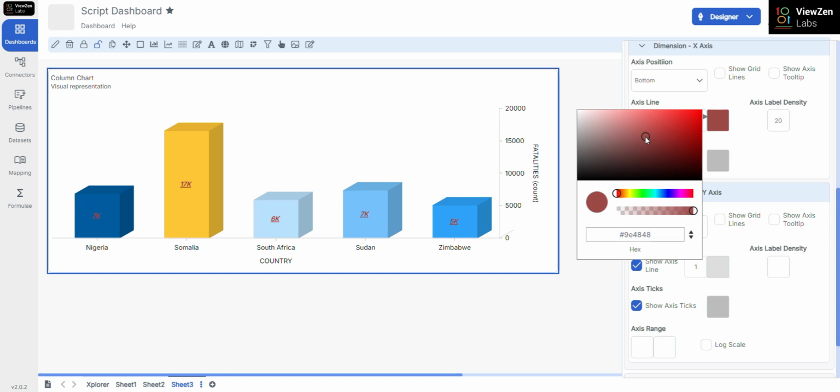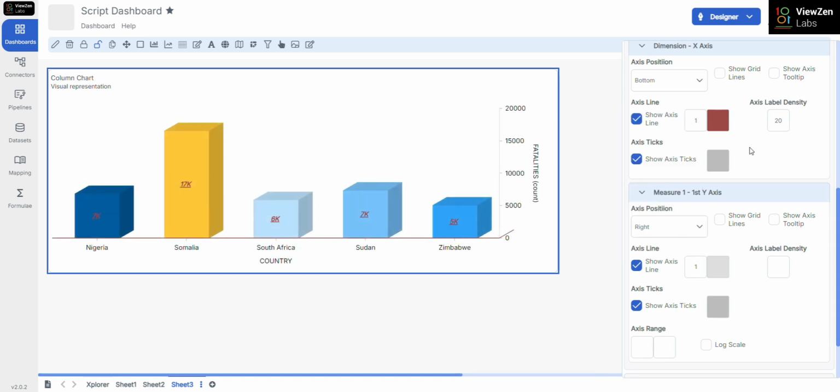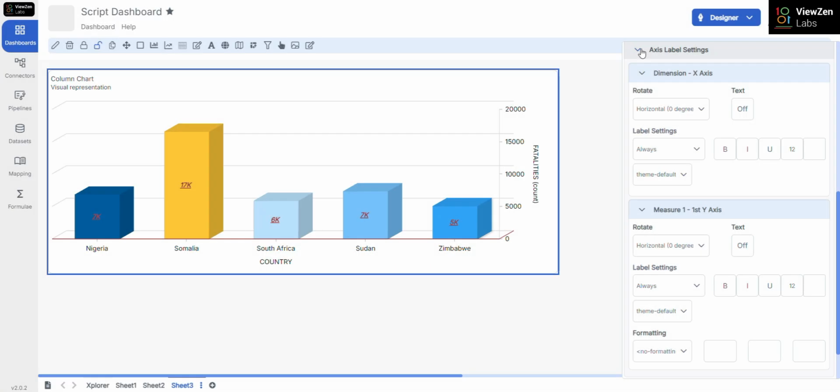Enabling the zoom bar will display the zoom option for the axis. We can display grid lines and display axis tooltips by enabling the Show Grid Lines and Show Axis Tooltip properties respectively. Axis label settings. With axis label settings, we can change the way the x-axis and y-axis labels are displayed